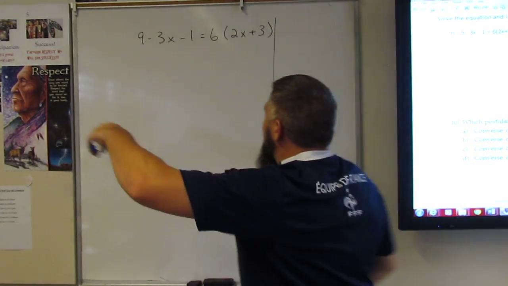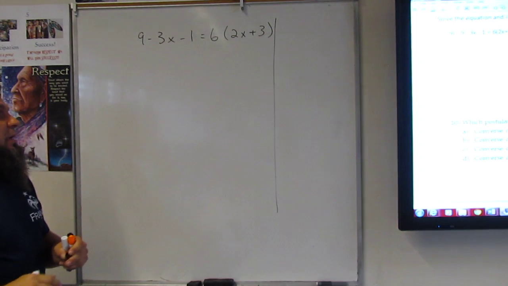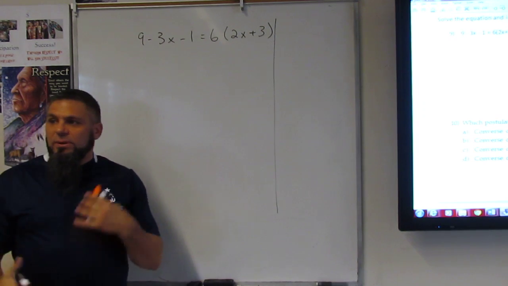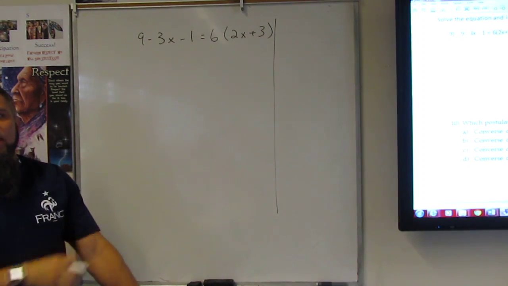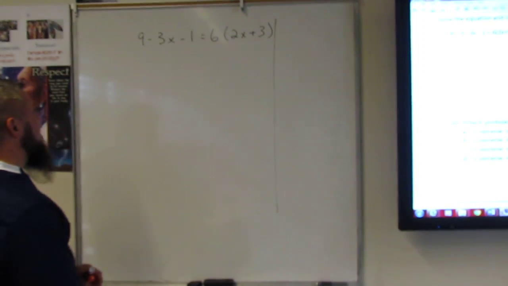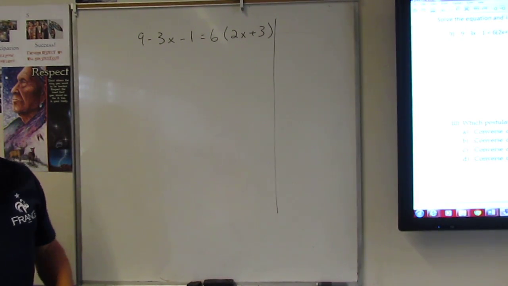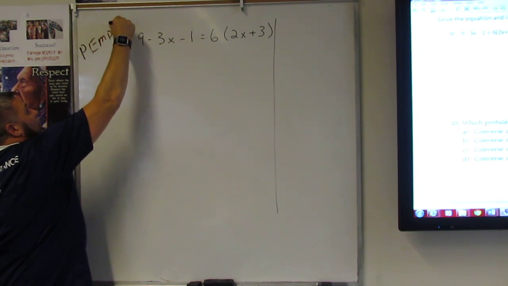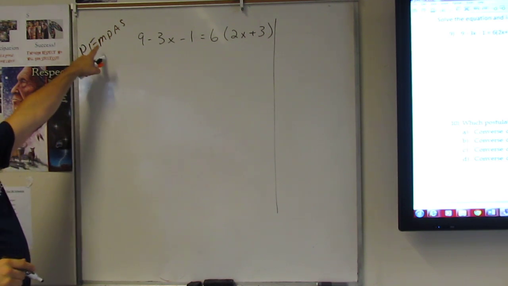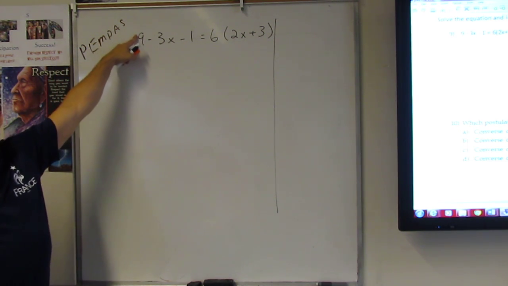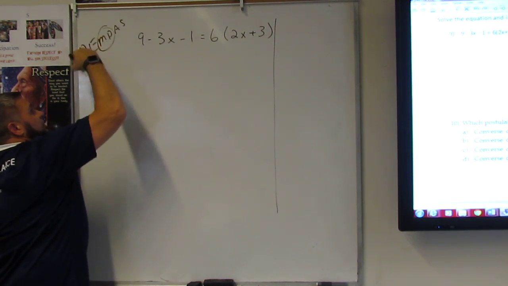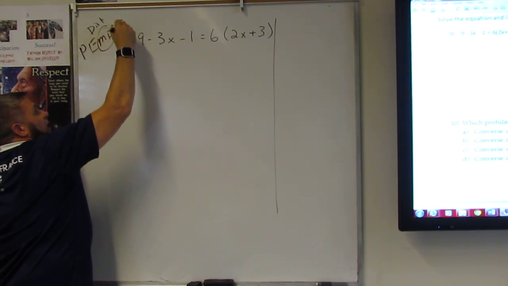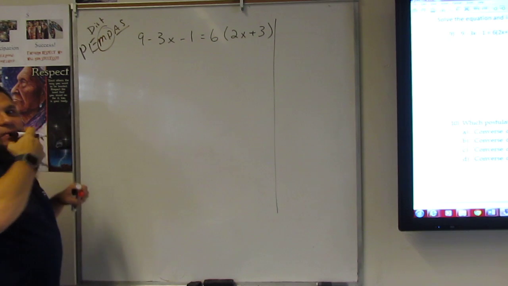We got number 9 here on the Geometry Final 1. The key here is we've got to write all the steps that we're going to do. Remember, we got to do PEMDAS first in mathematics. But for us, PEMDAS is just distribution and then simplification. When we do multiplication and division from left to right, that's what we call distribution. And when we do addition and subtraction from left to right, that's what we call